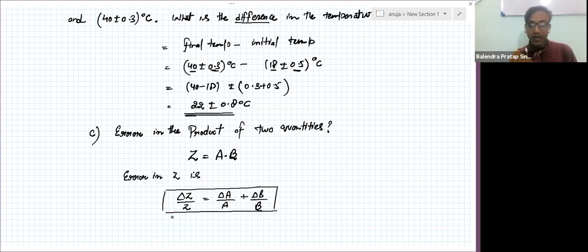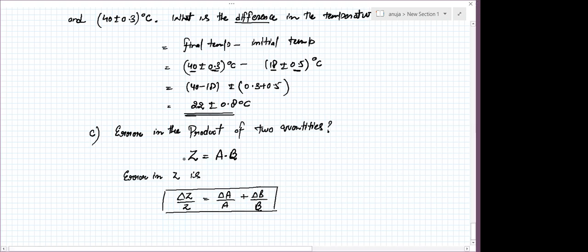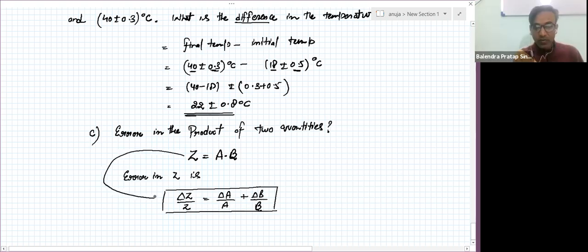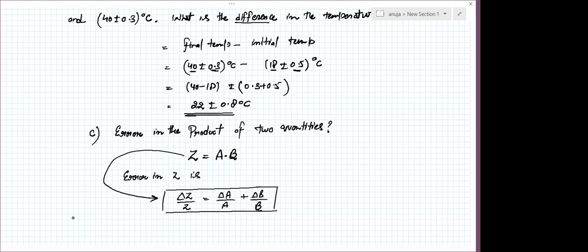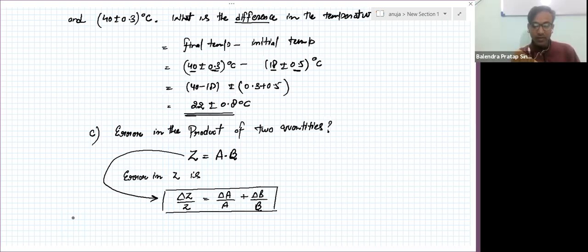Any question related to this formula? There is a derivation of how you can get to this value from Z, but that derivation is not necessary in this case. Just write it down. You just need to know how to use this formula. That's not in your syllabus, and nobody is going to ask you to derive these things. That's more mathematical terminology, and here we are doing physics.